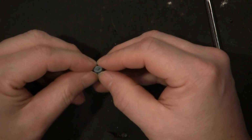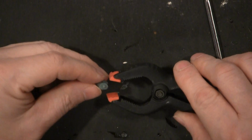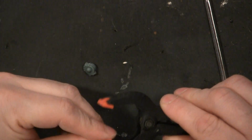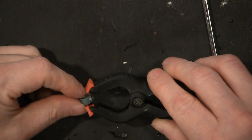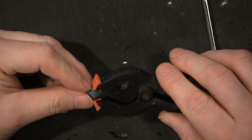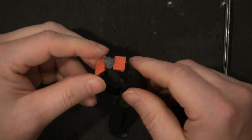Making sure that this piece is lined up is the most important part, like I had mentioned. I am going to clamp this piece, I hope. No. Open up my clamps here like this. I'm going to set that aside and let it dry. Then